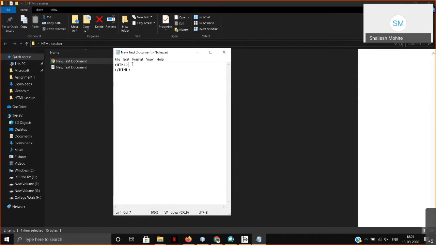The next step is that the entire required HTML source code should be written here, in this second step, right? So I will type something here. After HTML, the head tag comes here.